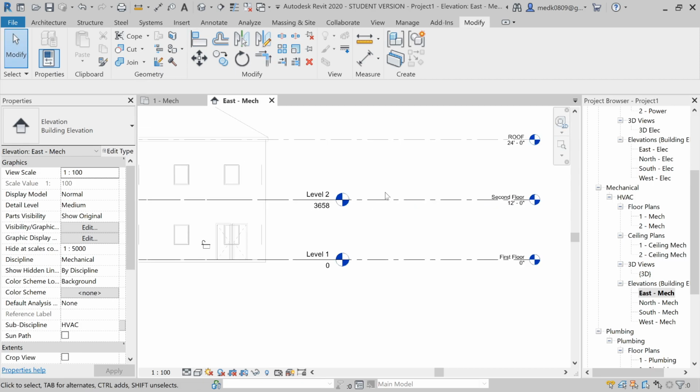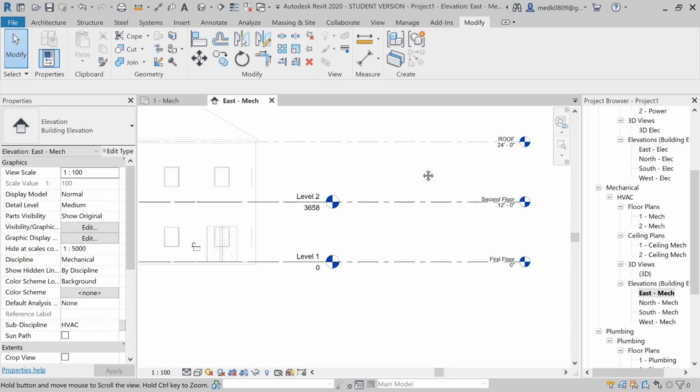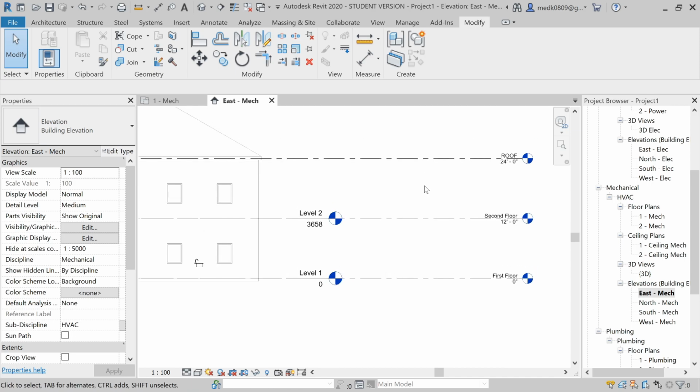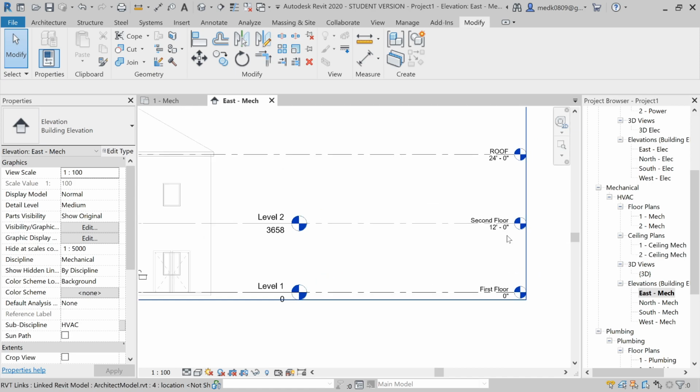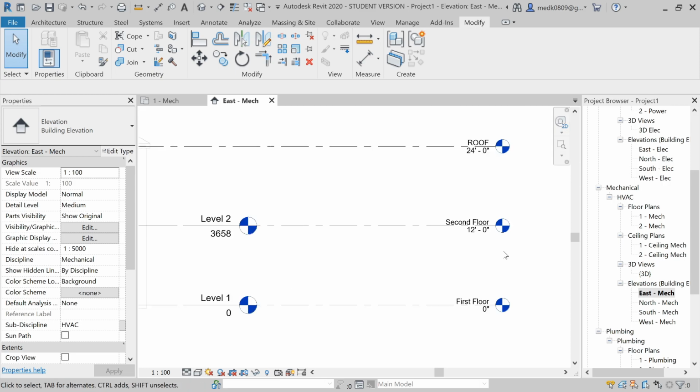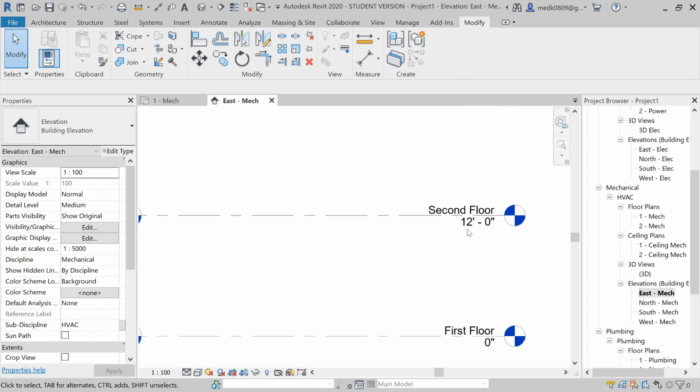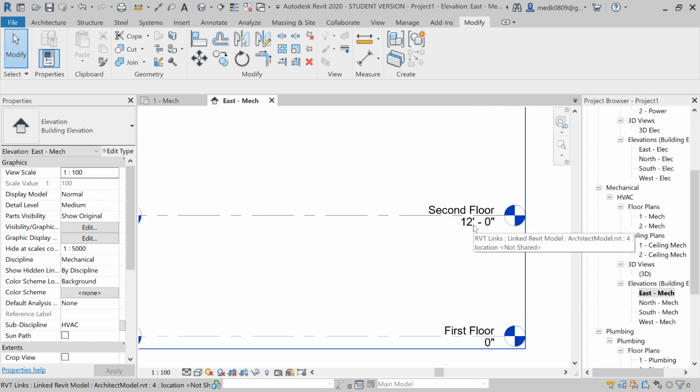Now let's see what is Copy Monitor. Copy Monitor is used for monitoring the project. As you can see here in this architect model, first floor, second floor and roof are created by the architect team. Let's suppose in future the architect team wants to change the second floor from 12 feet to 13 feet.